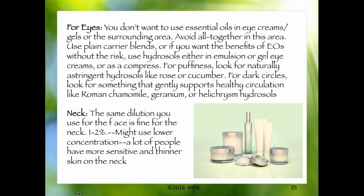Absolutely. The eye area is an area where, when we are designing products, I have a lot of questions from my students, and I know that I have some students on the call tonight. So when we tell people to avoid using essential oils in eye creams or gels or in any product that is going to definitely get in the eye area, meaning inside of that orbital bone area, they get a little bit worried because, you know, a lot of things accidentally get into the eye area, but also a lot of the essential oils have properties that would benefit symptoms that people experience in the eye area, like fine lines and wrinkles, puffiness,